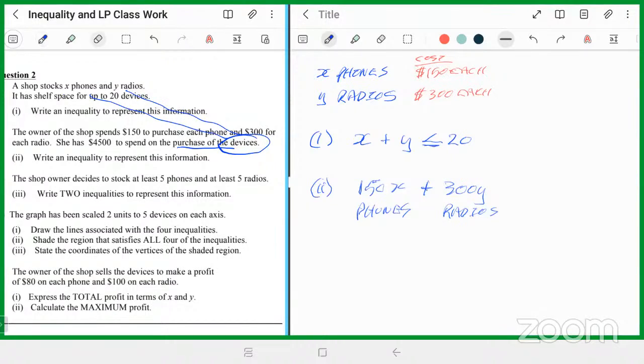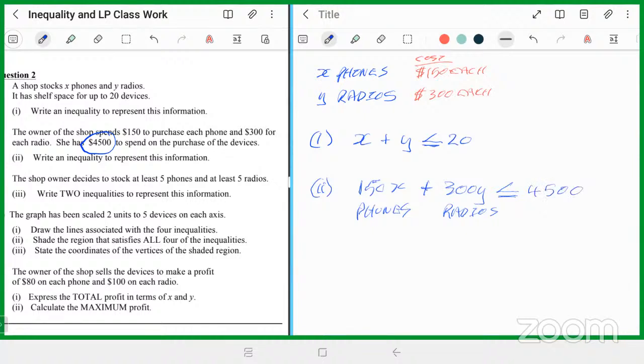So the total money that she's spending will have to be $4,500 or less, because that's the amount that she has. You cannot spend more than you have. So the total spend can be a maximum of 4,500, but it could also be that you're spending less. So this total amount being spent can be less than or equal to the total money that she has,